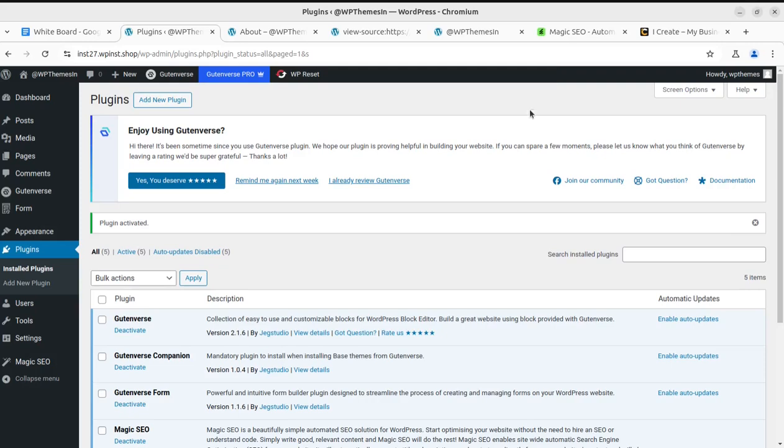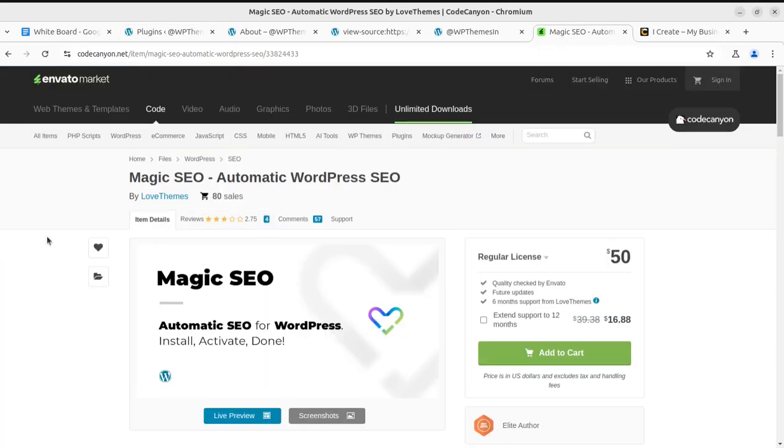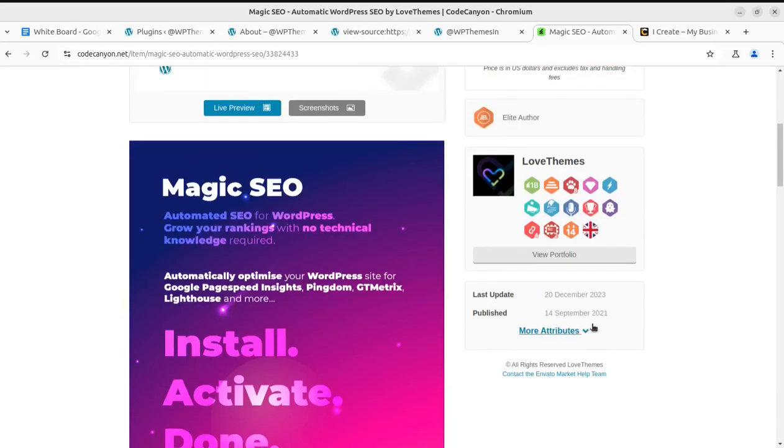And where can you find this plugin? This is Magic SEO. It has been developed by Love Themes. There is only one downside for this plugin: it has not been updated since last year. I'm not sure why it is not being updated, but this is really a Magic SEO,